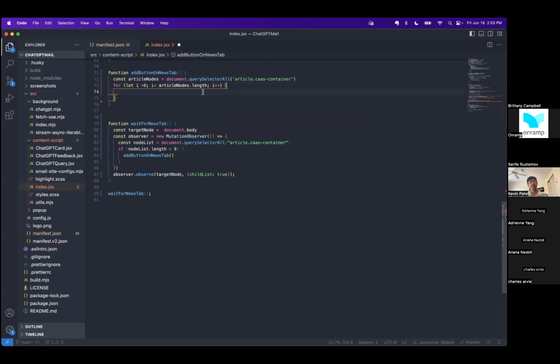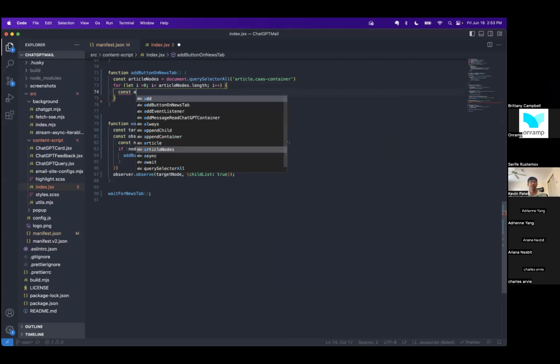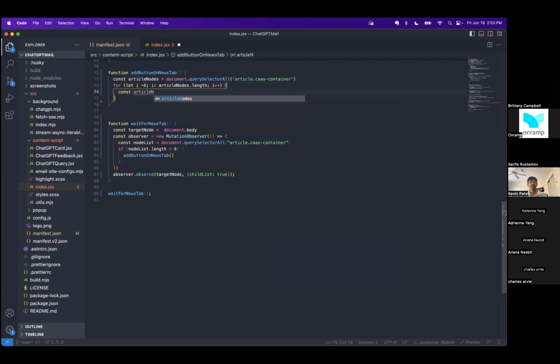What I'm going to do here is, for each of these article nodes, I'm going to inject a share button. Okay, const node is equal to nodes of type